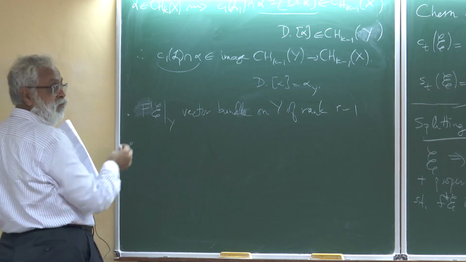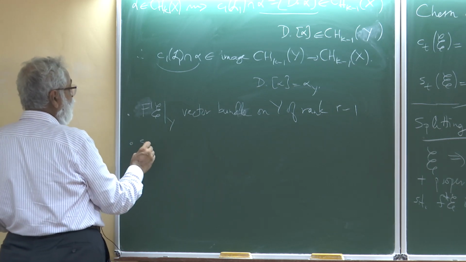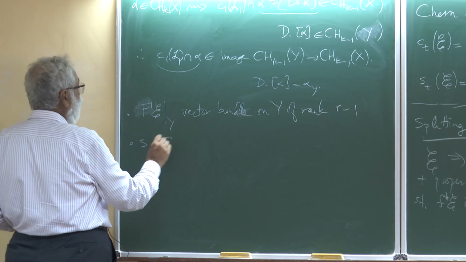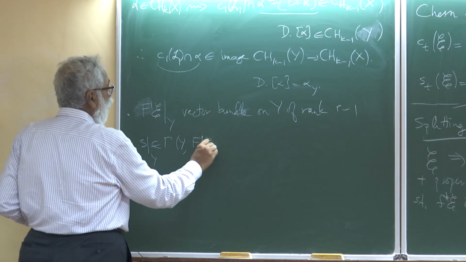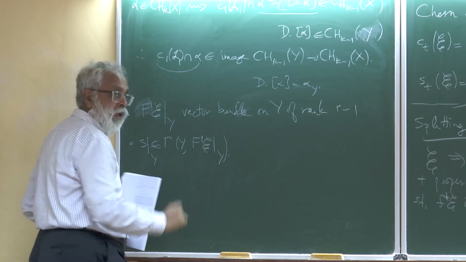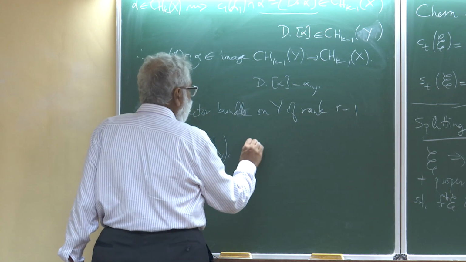So this is now a vector bundle of smaller rank on some scheme Y. I've got S, which is in fact a global section. S restricted to Y is a global section of F1E restricted to Y, because Y was the place where S vanished in the quotient. So S in fact lies in the subsheaf after restricting to Y. With zero scheme,